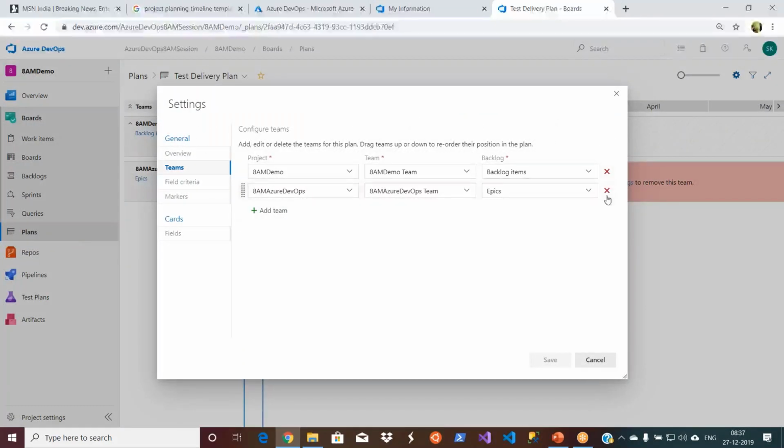I just want to close it because if you are planning for something, it has to be in a similar way. One project working on a waterfall model, one project working on a Scrum model. You cannot have a single template for everything. Different templates for different things. So I just want to remove this one and then save it.